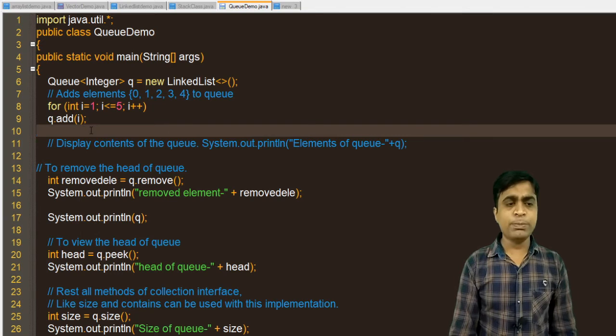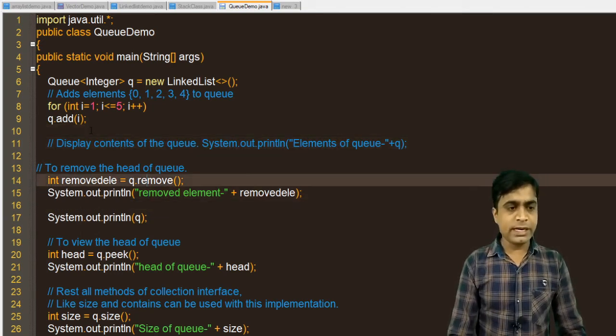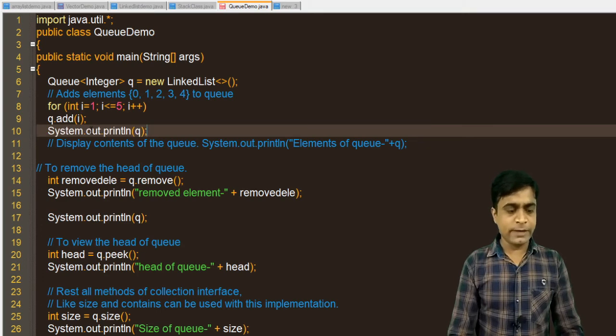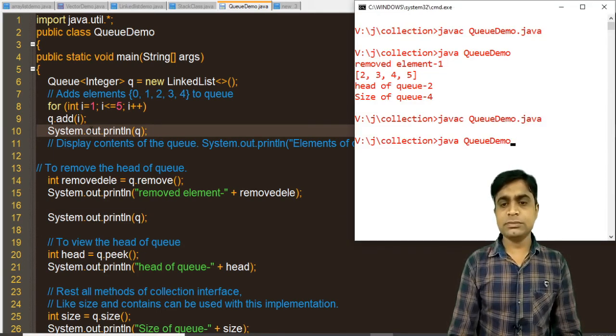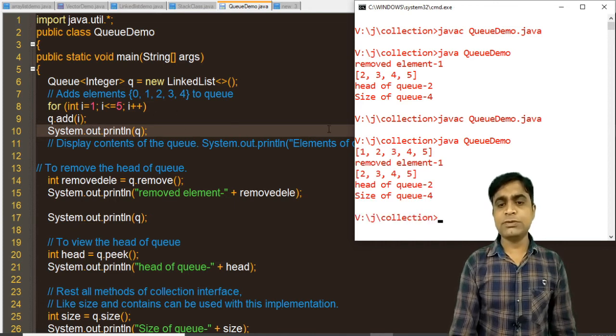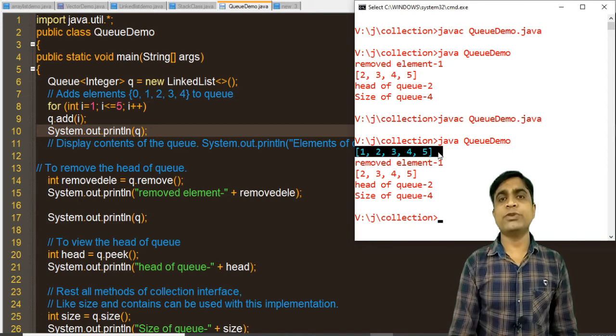Now again, suppose you write print q here, this will print the first data. When you are adding into the queue, this will print 1 2 3 4 5.